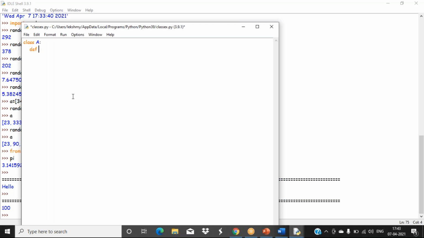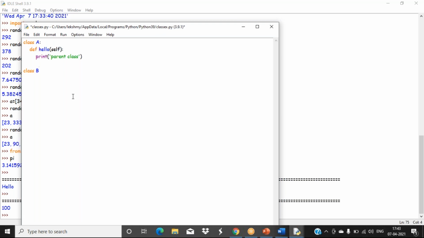Where we are creating a function, hello. Any functions if you are creating inside the class, you have to use that self. This is the parent class we are creating. I think you remember inheritance, and I told you to create programs for the inheritance. I don't know how many of you tried.